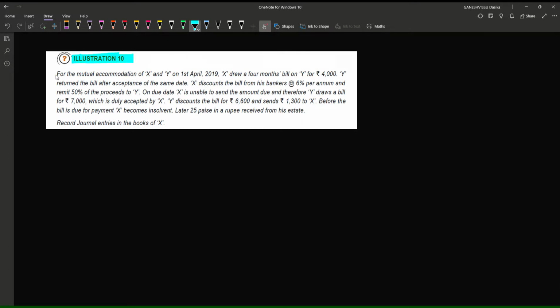Illustration number 10. For the mutual accommodation of X and Y on 1st April 2019, X drew a 4 months bill on Y for 4000 rupees. Y returned the bill after acceptance on the same date. X discounts the bill with his bankers at the rate of 6% per annum and remits 50% of the proceeds to Y. With this,